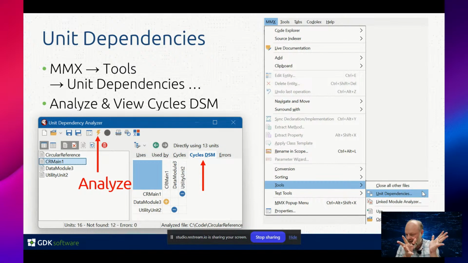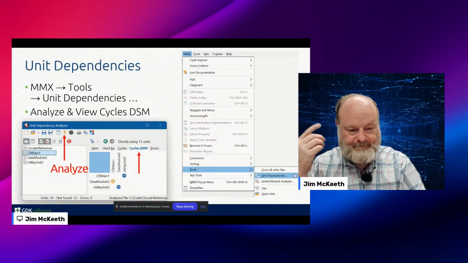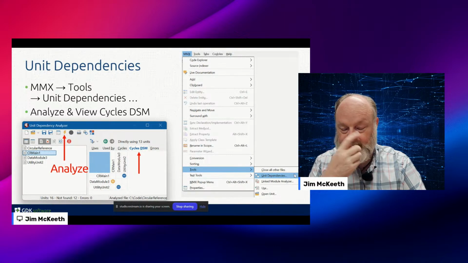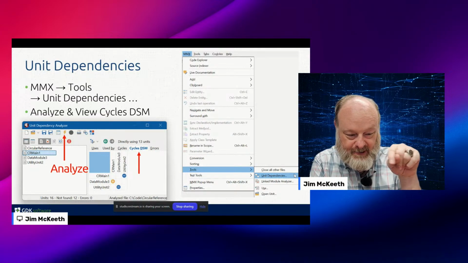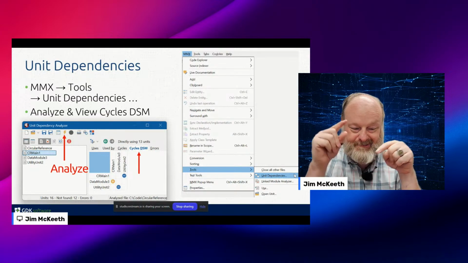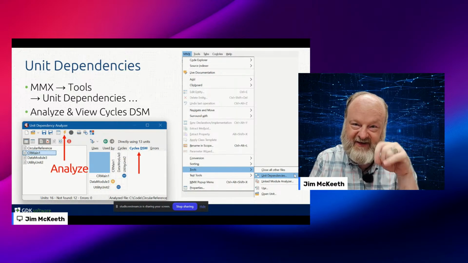So unit dependencies is a feature in Code Explorer that you can get to. There's the main menu there from Code Explorer or MMX. If you go down to Tools, Unit Dependencies, it will then hit Analyze on your project. Go over to the Cycles DSM tab. You'll see it shows right here the way units are being used. The plus versus minus is interface versus implementation.